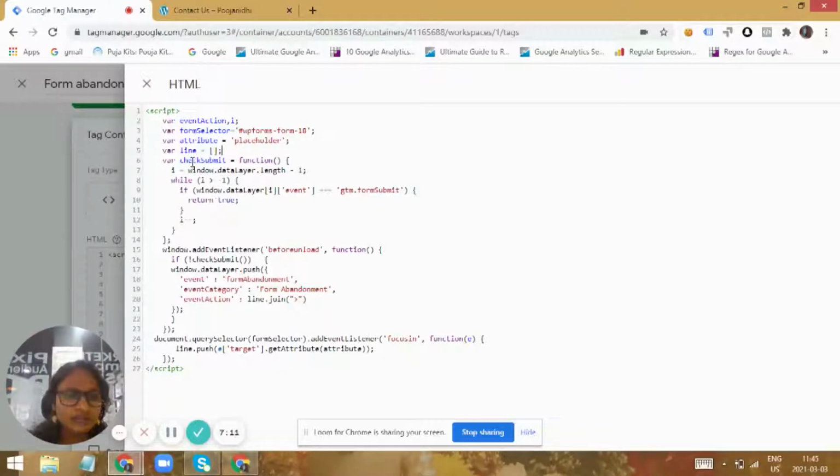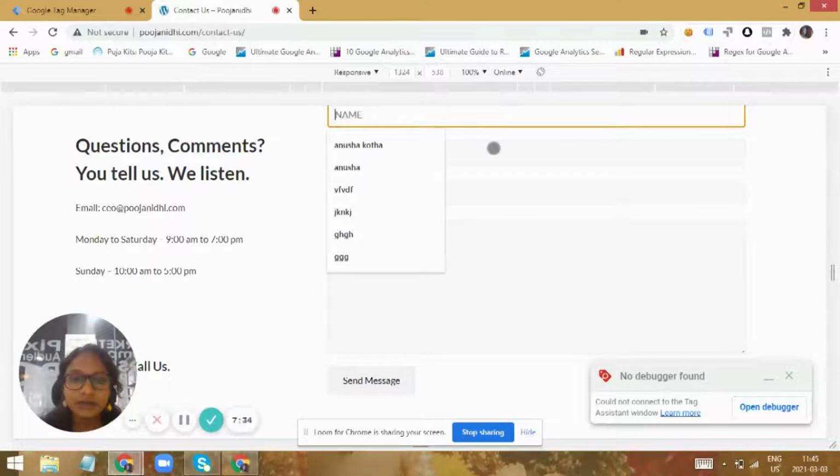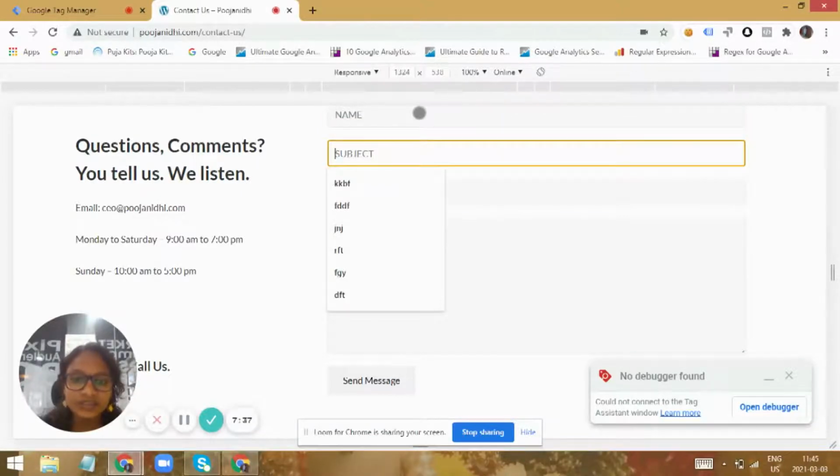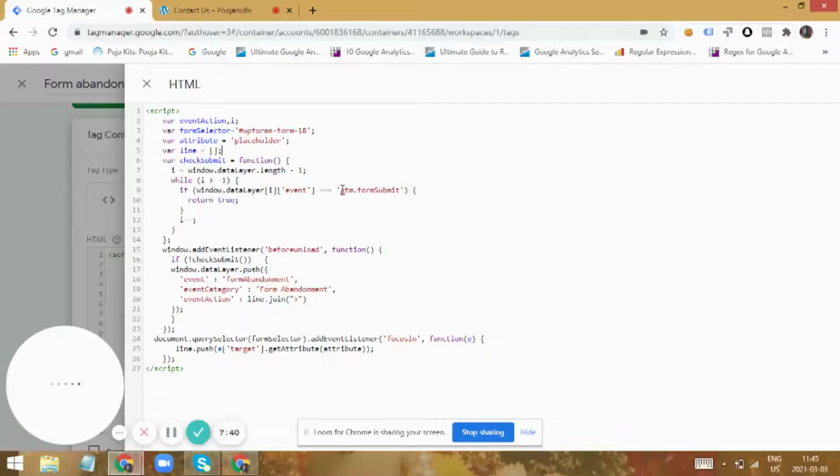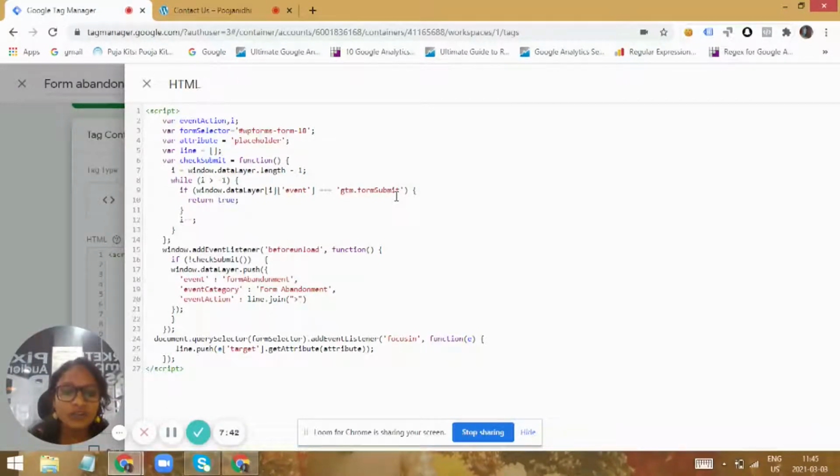So if we move forward, this is a check submit function. This function could be used only when the people submit the form. This function will return true only when the people submit the form. So gtm.formSubmit is a particular event that GTM has by default, along with some other form functions and events like form enter and form field leave. So gtm.formSubmit is one default event that GTM provides, and we can use this event to identify the form submission in a function.